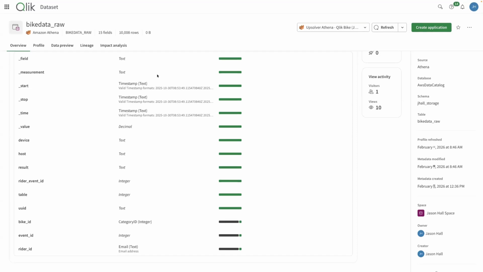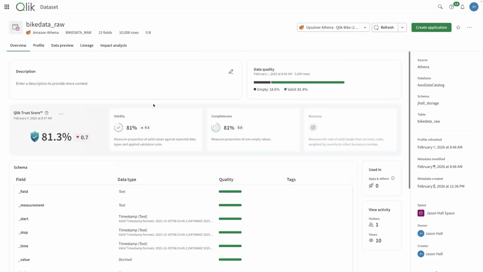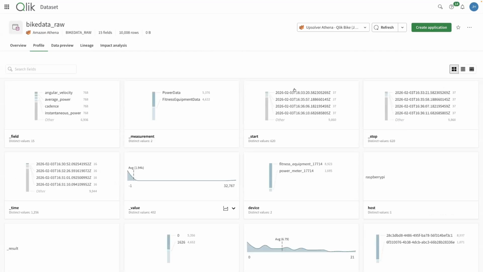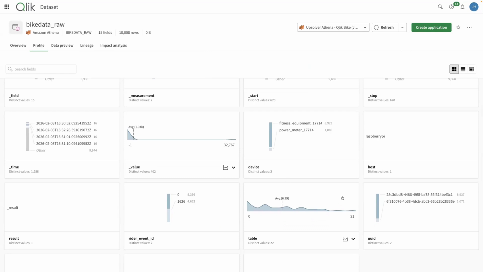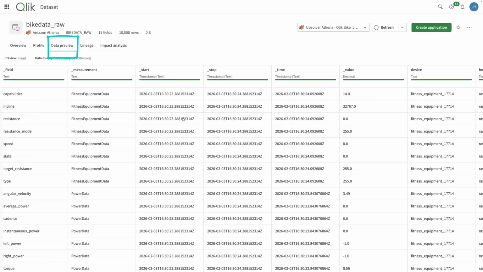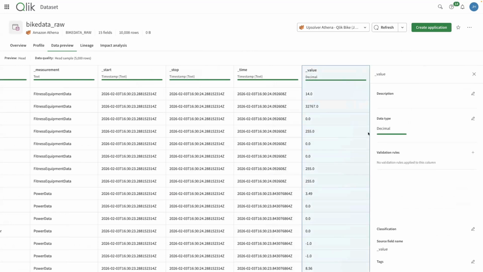I love the granularity that it can tell you exactly what fields are having issues and what those issues are. Yeah, we can show you a data profile, shows you some of the top values collected across each metric and the distribution of data within each particular field. You can also preview some of the data that's coming in without having to go back and query the table. Here's the actual data that's being ingested into this data set. And if I click into a particular field, we can see things like validation rules that are applied. All right, remember, part of the trust score is data validation and data accuracy.